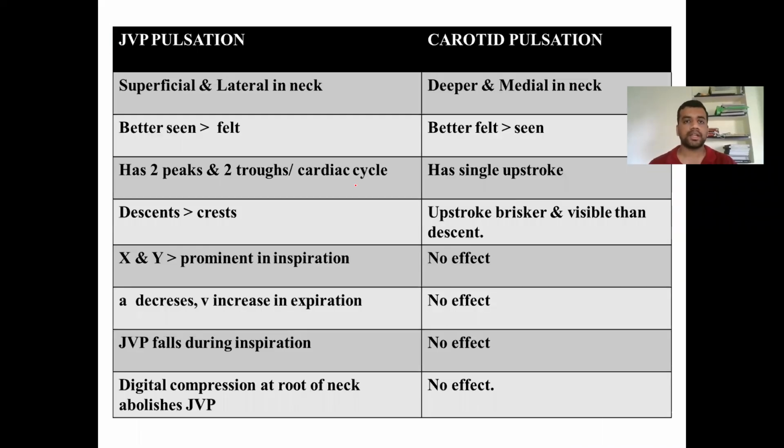And regarding the pulsations, as I said, the JVP is seen in between the two heads of the sternocleidomastoid. It is a negative pulse, whereas the carotid is a positive impulse; it is a venous pulsation versus arterial pulsation. You have all these differences, respiratory variations and all. So I said yesterday that here you will have one important question, Kussmaul sign. So this difference you are supposed to know.